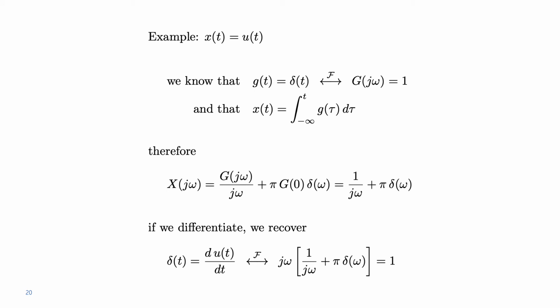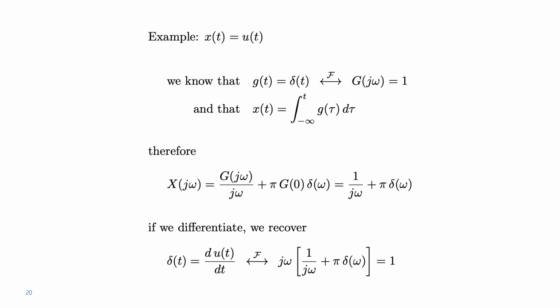Can we go back now to the Fourier transform of the Dirac delta? Yeah, because now if we simply differentiate before we integrate, and now we're differentiating, we can recover what we already know. So now δ(t) is the derivative of u(t), okay? So its Fourier transform is going to be simply jω times the Fourier transform of the step function, which we just obtained on the line above, right? And it's 1/jω plus π δ(ω).